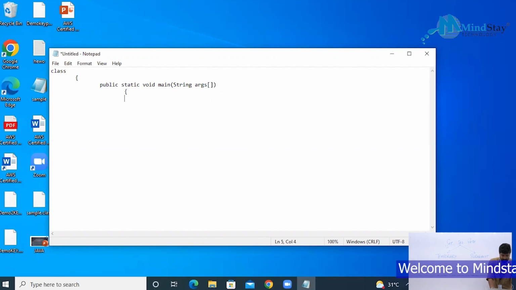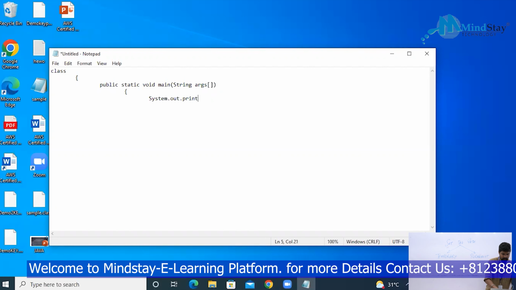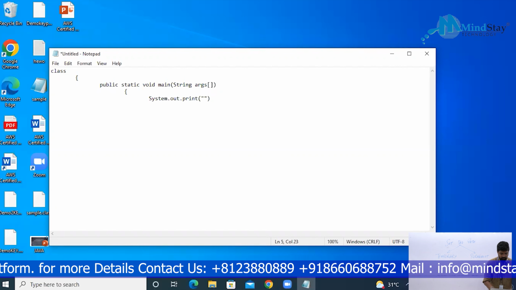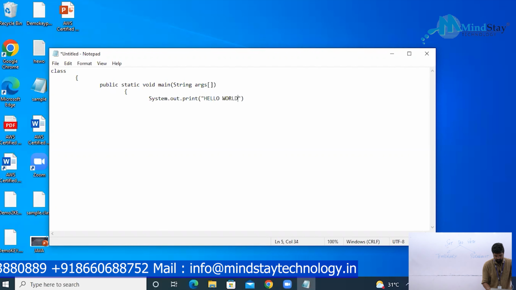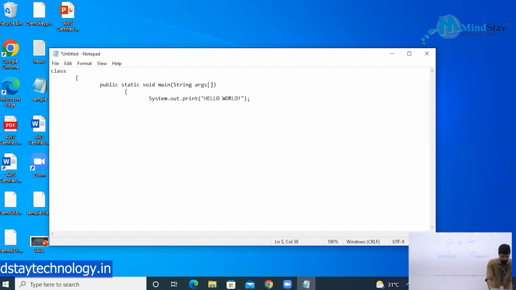Now here I'll give the printing command: System.out.print. Inside this I'm giving two double quotes. Inside the double quotes I'm going to write Hello World with an exclamation mark. And I'm giving my semicolon here. Remember, a semicolon has to be there after every statement. I've closed my main, I've closed my class, but there's still one mistake, because my class doesn't have a